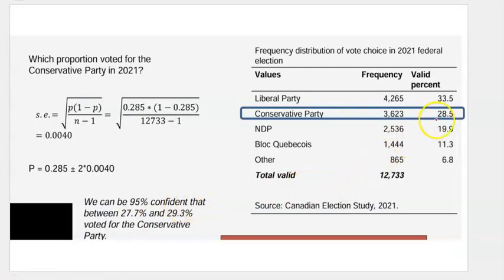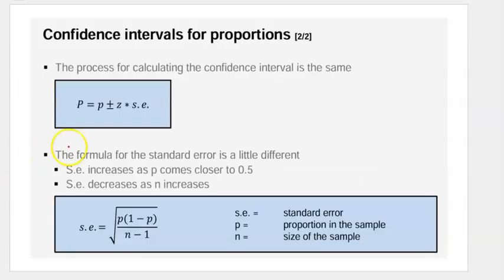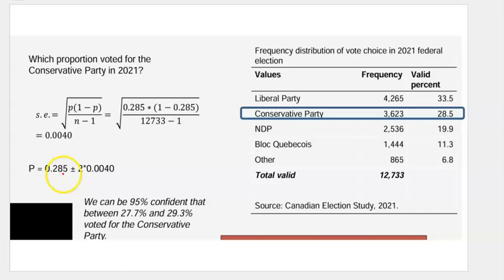So you can see the valid percent is 28.5. So you can put that as P. This one proportion will be the P, and then plus minus 2, that is about the 95%. Yeah, I already said. And then about the standard error, how you calculate it, you can see the total number